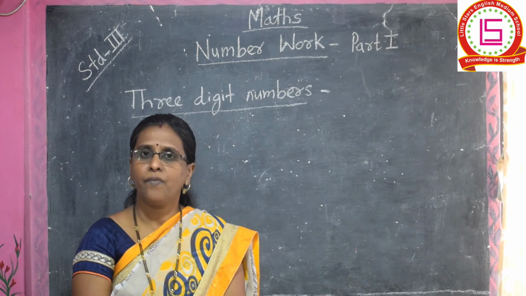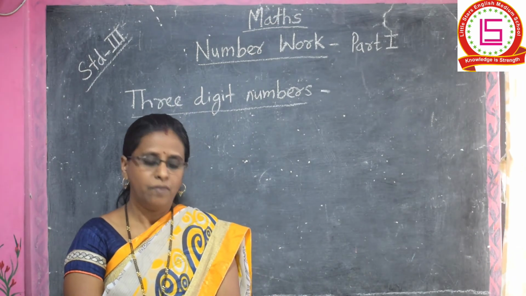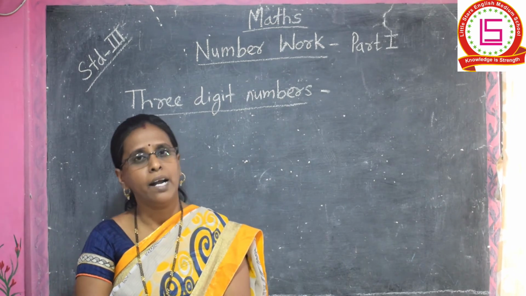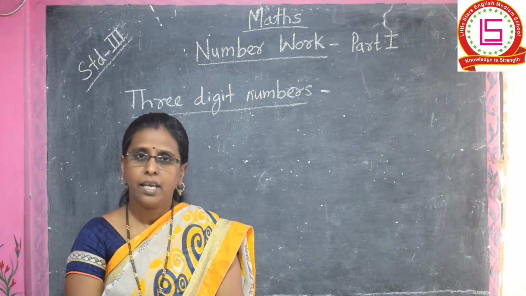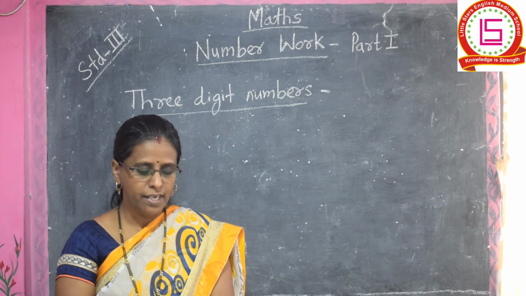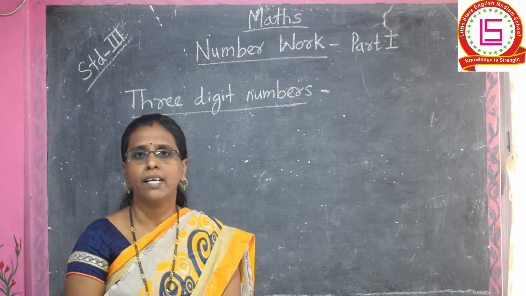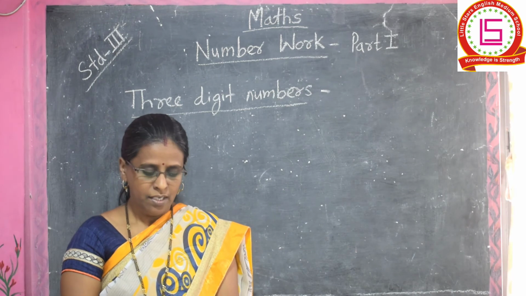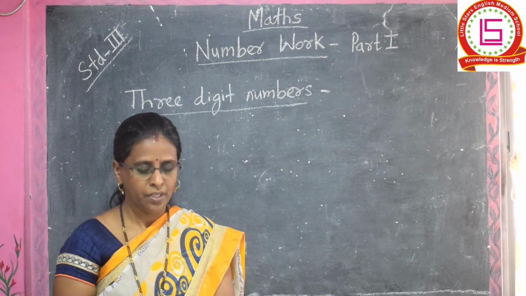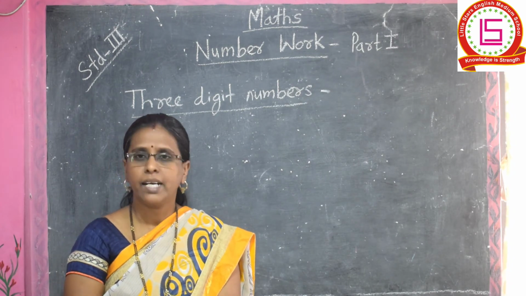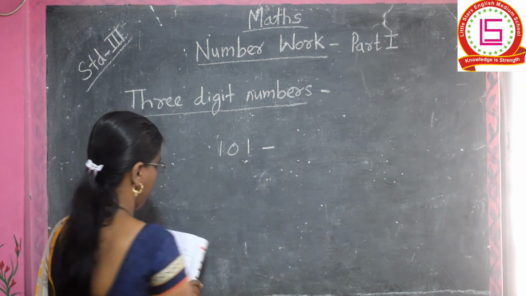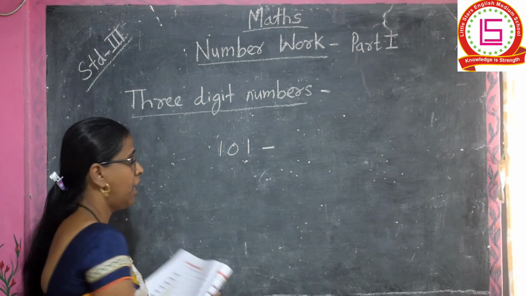In the first picture, one box is given here, one box and a single crayon. In the box there are 100 crayons. Then we have to write 101. Some answers are already given here and some are for you to write. See here, first picture, 101. In figures you write 101, and in words how is this written.